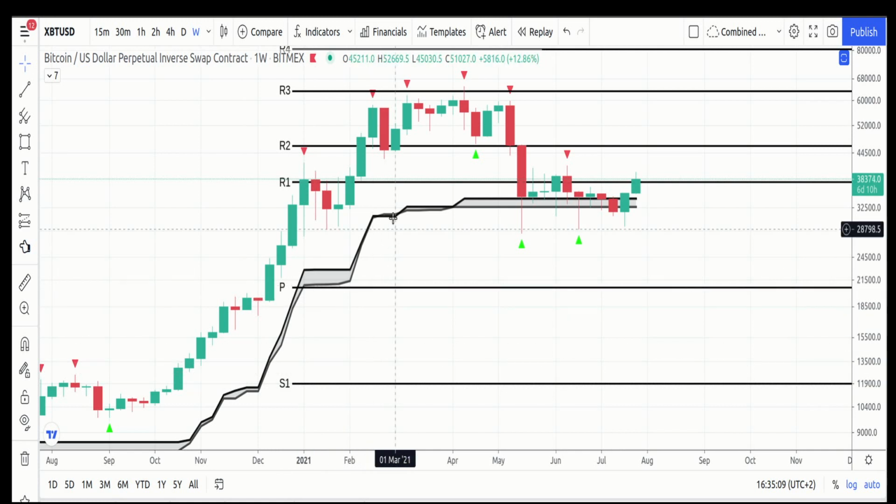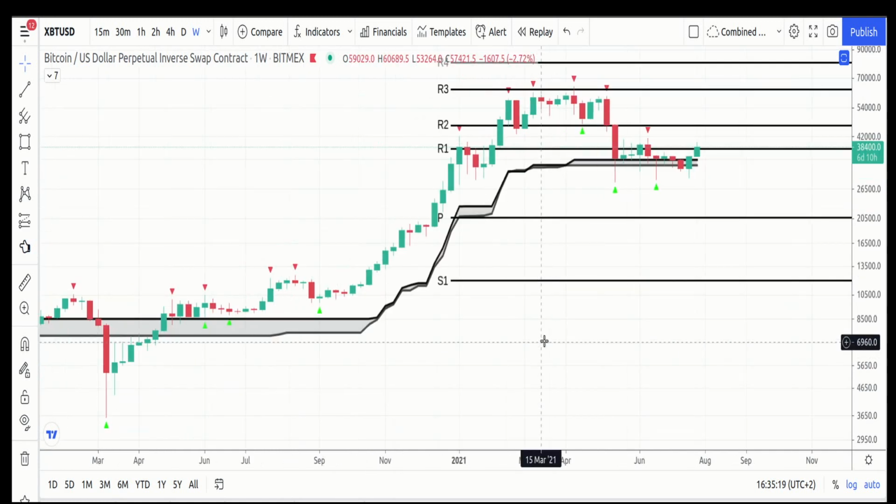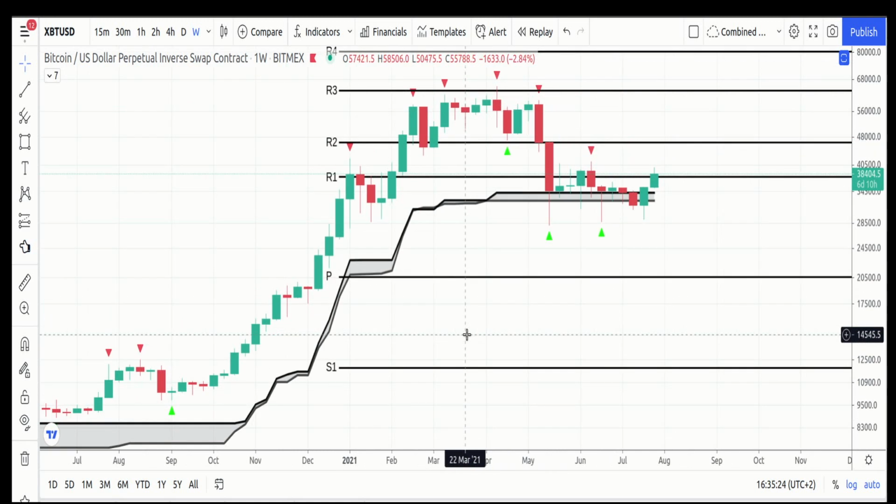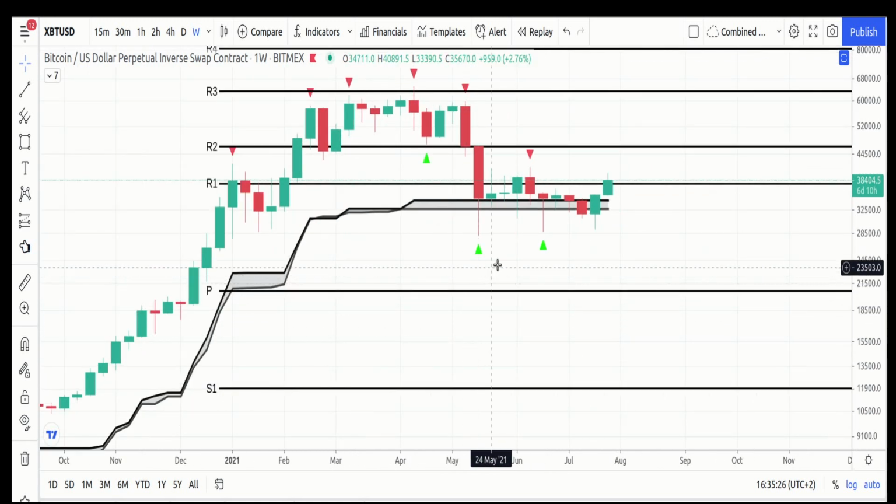see the pivots, the yearly pivots. That's the yearly pivot, that's the yearly support one, that's the yearly R1, resistance R2, R3, etc. And we can see what a struggle the last weeks have been. Just here, how price has been checking, 1, 2, 3, 4, 5, 6, 7, 8 weeks have been checking this